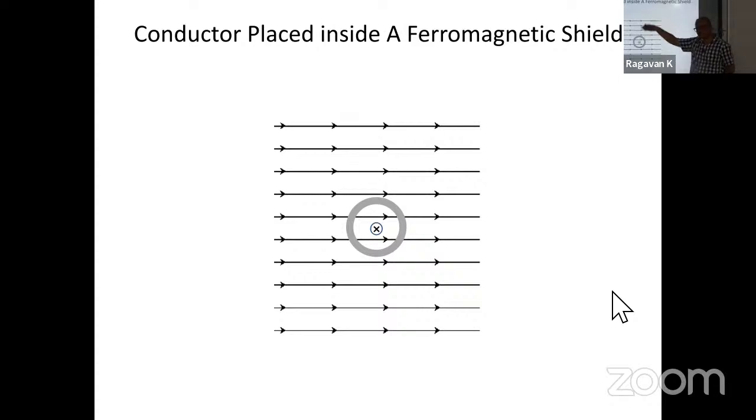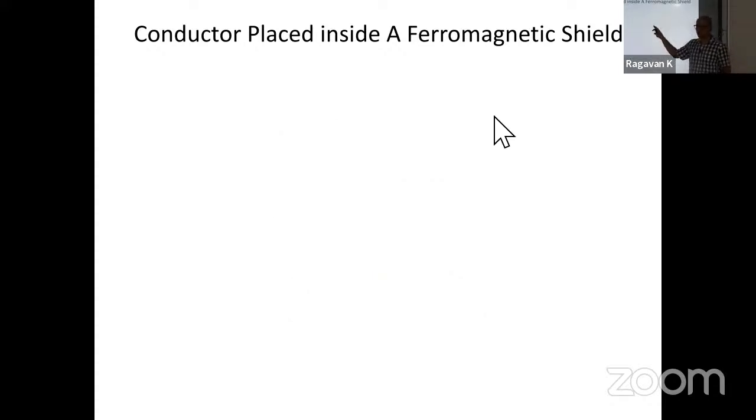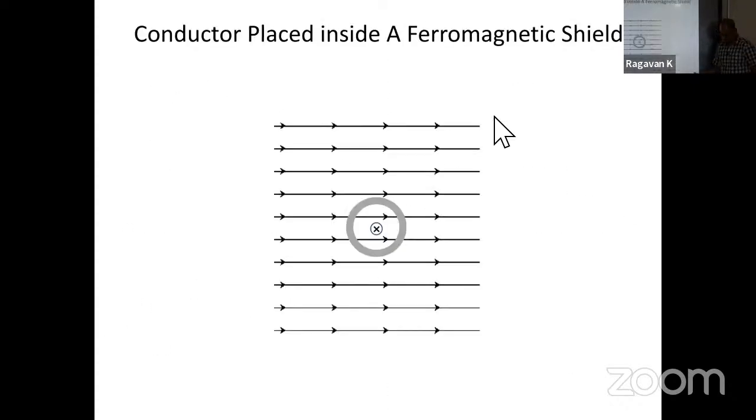Like it has come this way, and only some path has lost its energy, has minimum energy, but the rest of the path has high energy. So only some set of lines will come here. But the rest will stay straight, right? Maybe in tomorrow's lecture, I'll give some more justification on this.